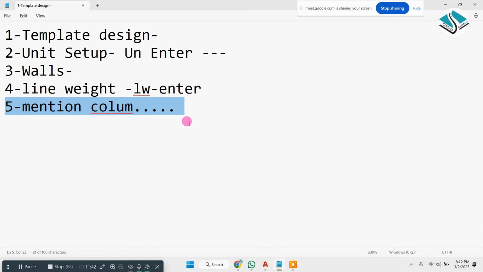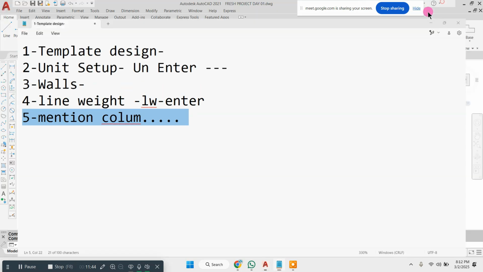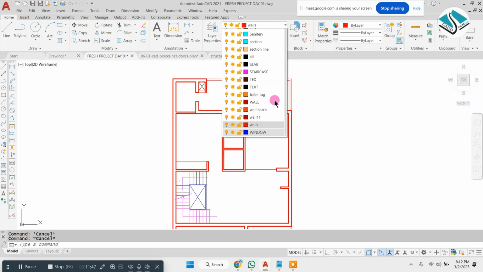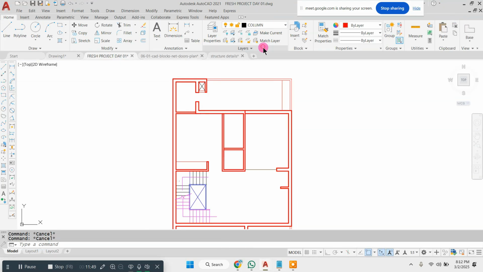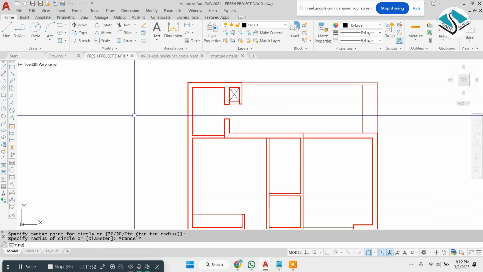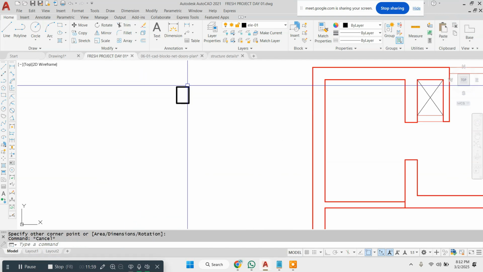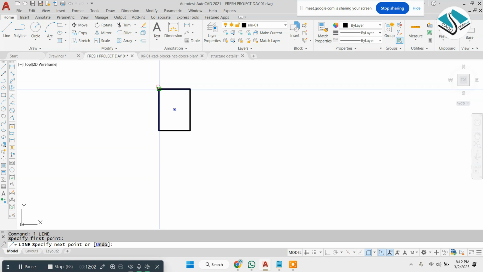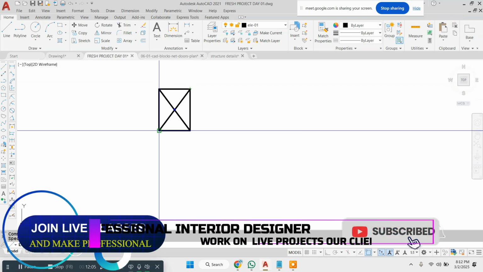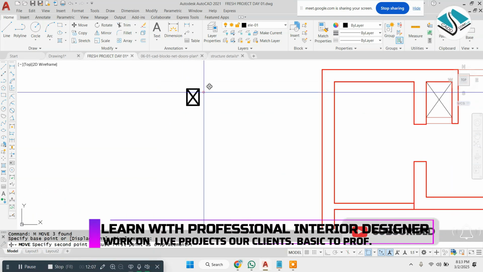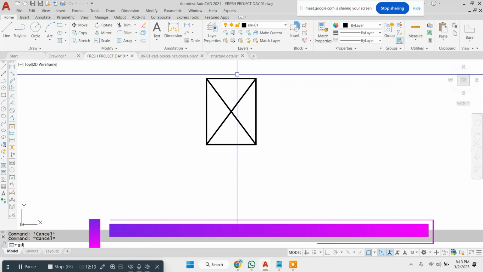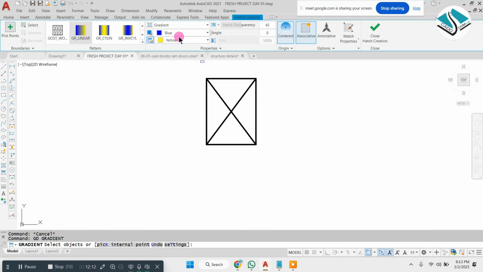So how to mention a column? First of all, choose the column layer, type REC for rectangle, D enter for dimensions, and mention your column size 9 by 12. We will use a cross sign in our column so that we can trace the center point of that column easily. Also we will use a gradient. You can choose your own color, like we will choose this one. Select object